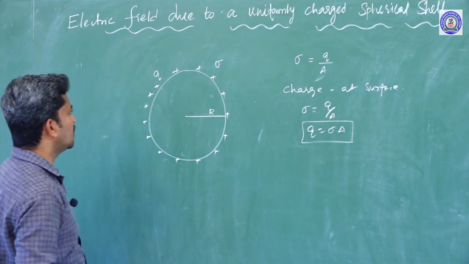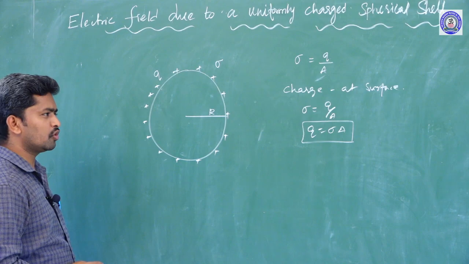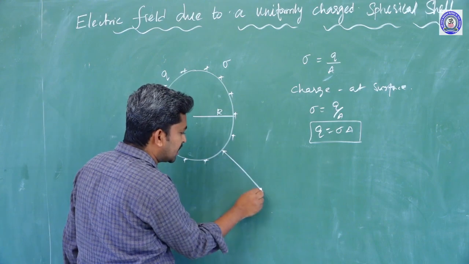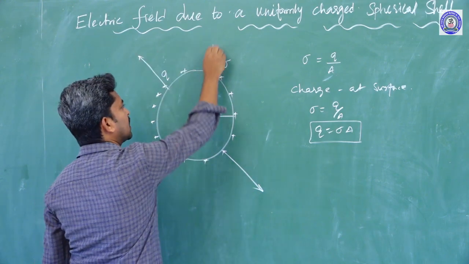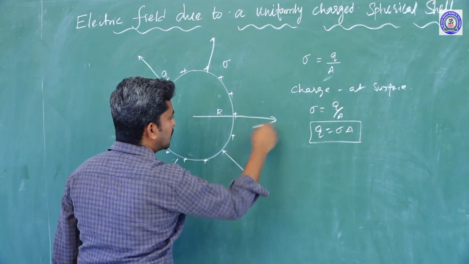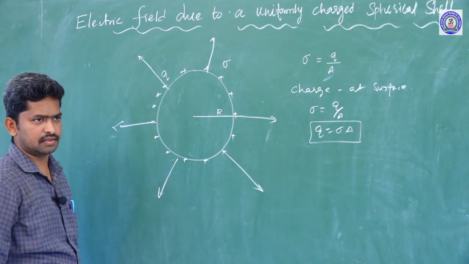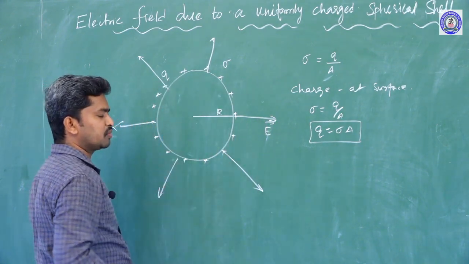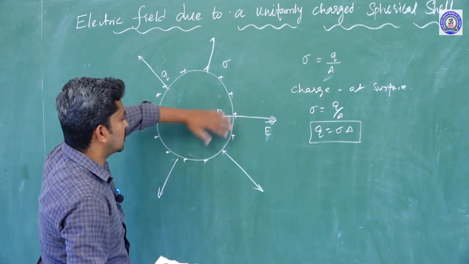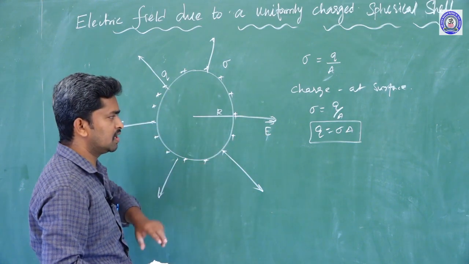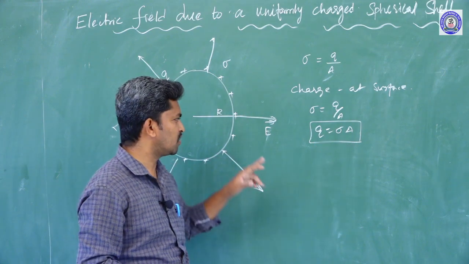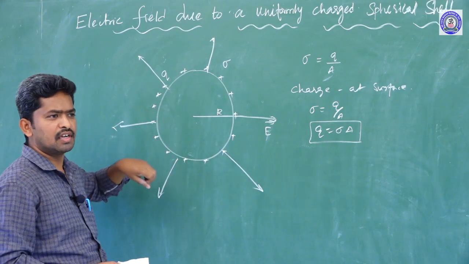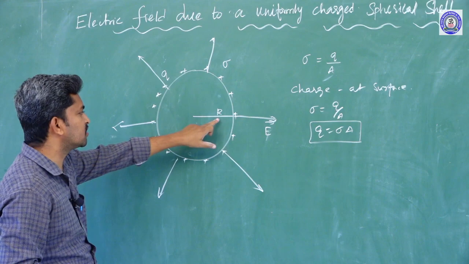This is very important. The net positively charged body produces the electric field in the radially outward direction. You know this well from previous classes. So the electric field is radially outward from the sphere, which means the electric field is perpendicular to the surface of the sphere. This is a very important property. So q is equal to sigma A. The electric field is radially outward because of the positive charge density of the sphere. The radius of the sphere is R.